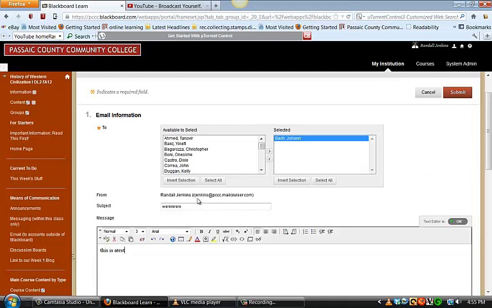And what you need to know is that you will be sending, if we pick a student from the class, any real student, you will be sending that email to their PCC portal account, email account. The My PCC account is where it's going to go. This is the default email address for all users, and it will only get sent to that address and no other. But it does give you the option of sending an email outside, from within Blackboard, from within the class